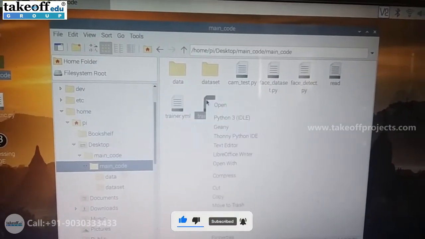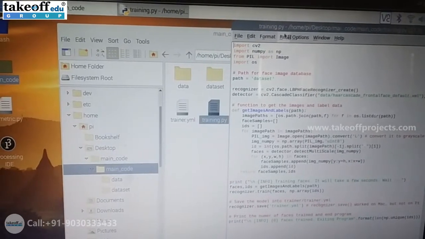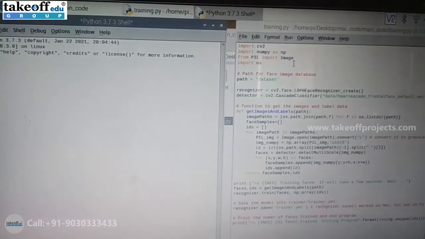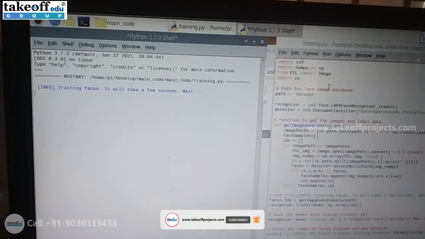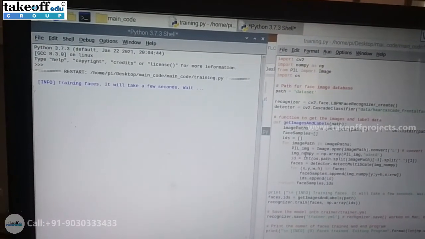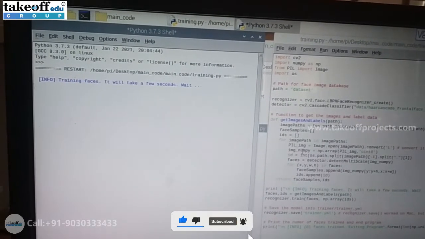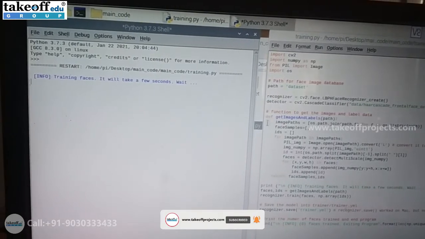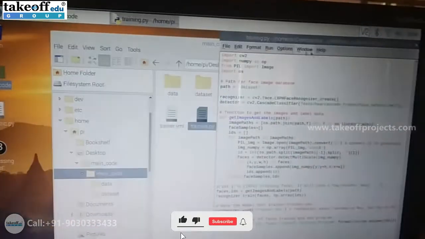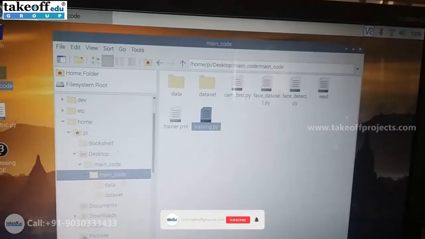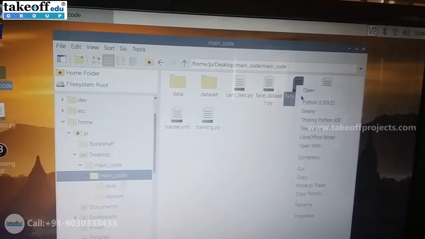In the second step, open training.py. Once the images are trained, open face detect.py.